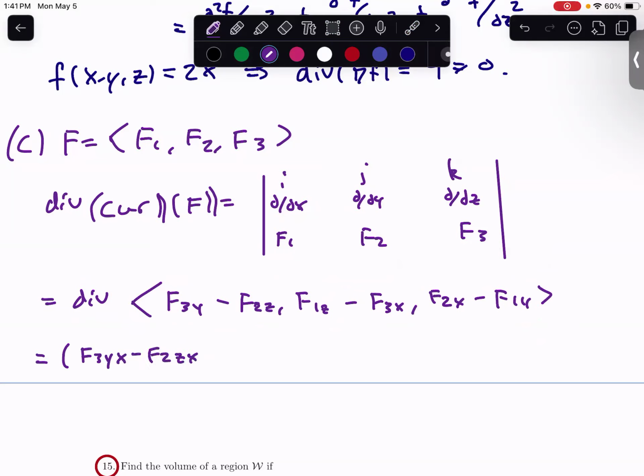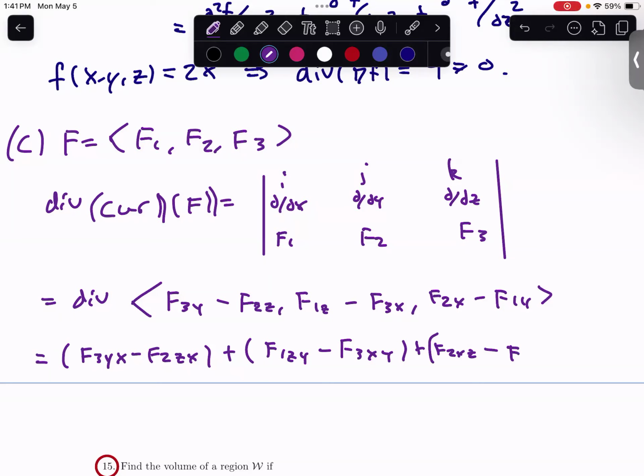So it's kind of messy, right? There's a lot of notation, but if you follow along and you're consistent, things work out. So this is f1 with respect to z and then with respect to y, f3 with respect to x and then with respect to y, and then this is going to be plus the partial of f2 with respect to x and then z minus the partial of f1 with respect to y